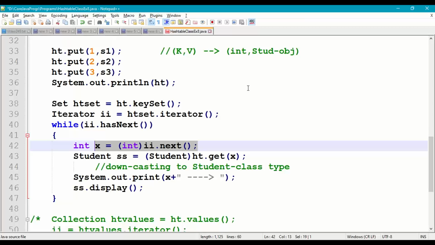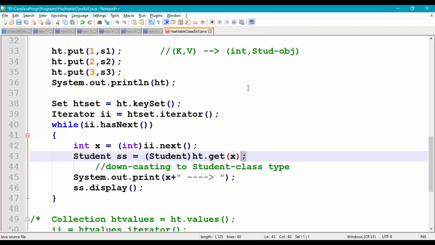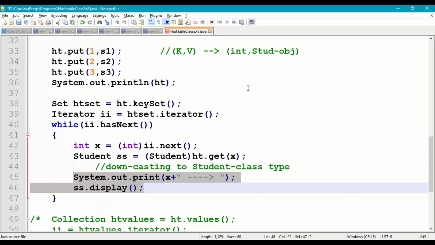And similarly, for that particular key, we are also getting the value. ht.get(x). x is a key. It will return a student object as value. So convert that into student object and store that in reference variable ss of type student class. And then finally print x with an arrow mark and ss.display. So ss contains the reference to the student object which is stored as a value in the Hashtable collection. Right, so this is followed for second object and third object. So save this,